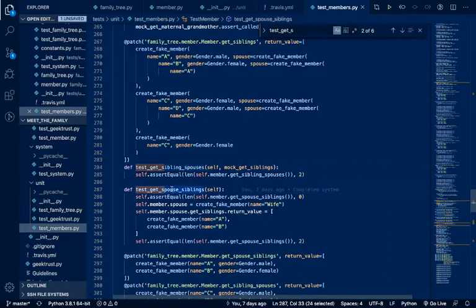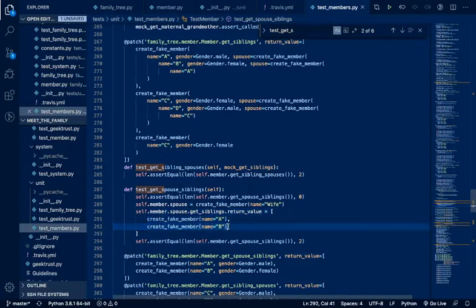Now what about our spouse siblings? So first of all we are going to get 0 spouse siblings because we don't have a spouse yet. So we are going to create a spouse. We create a spouse with a fake member, and then we mock the get siblings method, and the return value will be two members, right?